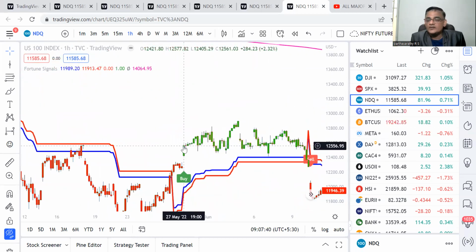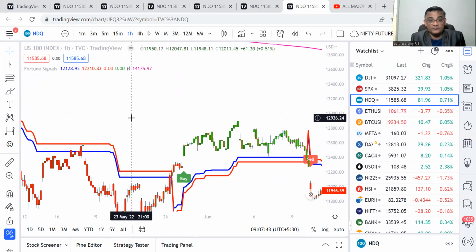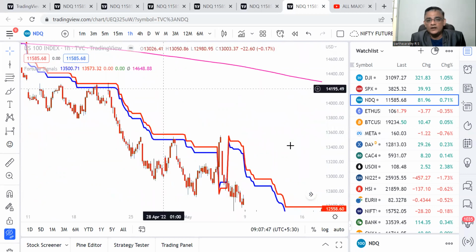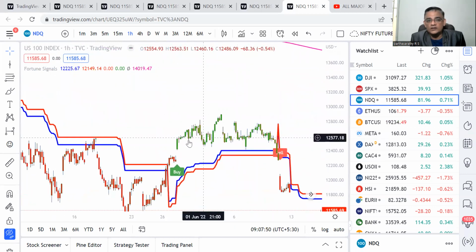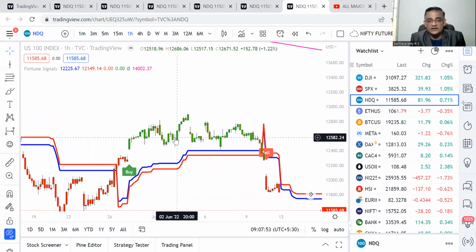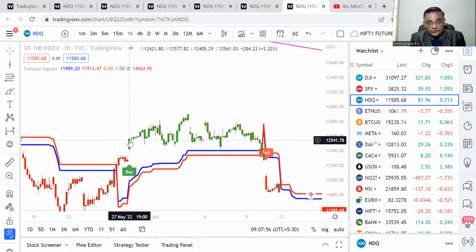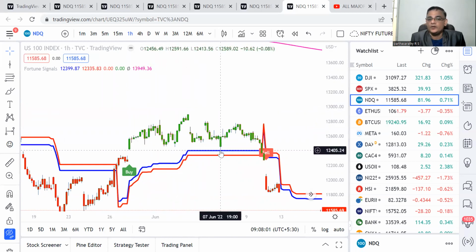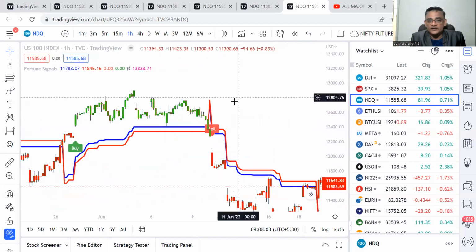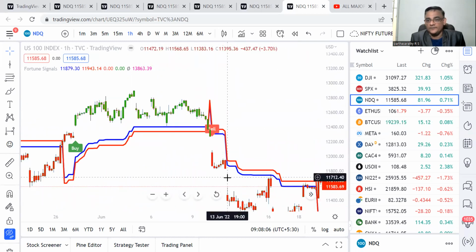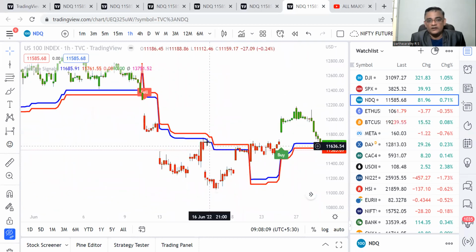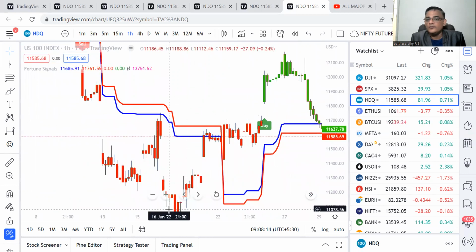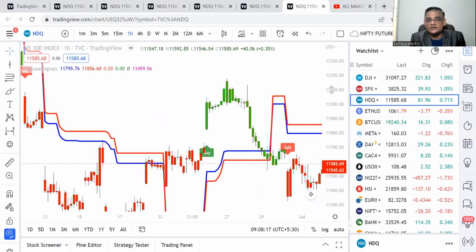Once this came a genuine buy. This is for trading. And from the short it came here at 14,448. And from there is now a buy on 1 hour. The buy came at 12,567 and it has become genuine. You need to go long only when it comes and touches the blue. So it came, touched the blue, went up, but it was a gap down, stop triggered. Again, it started falling, went up and touched the blue color. Here, again a gap down. Again, it went up and touched here, and this was the genuine buy.